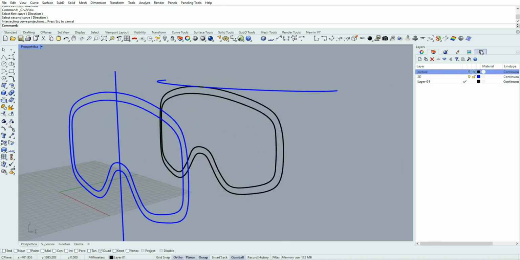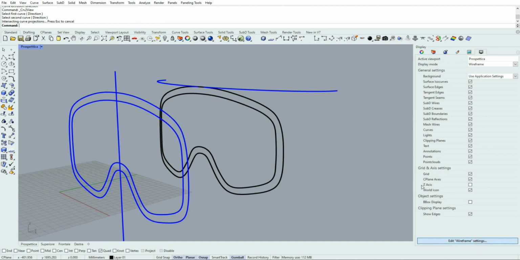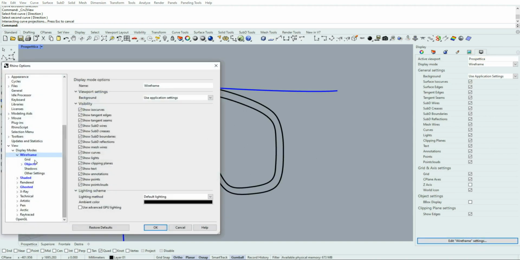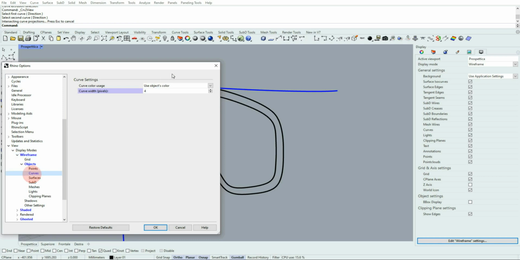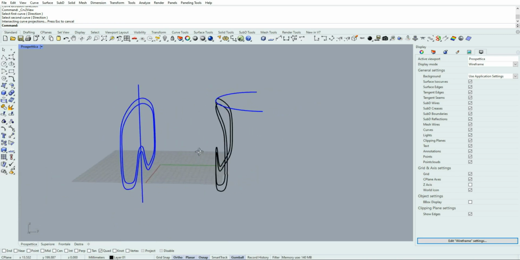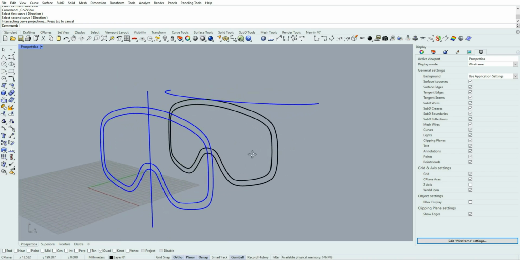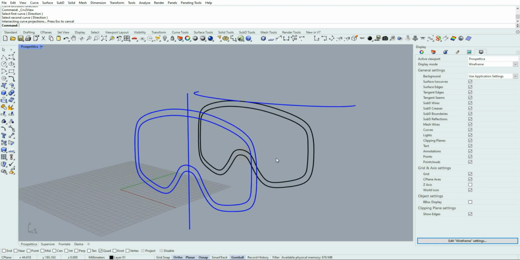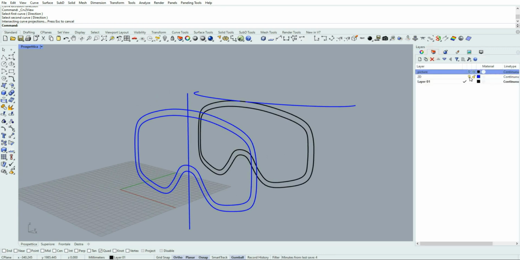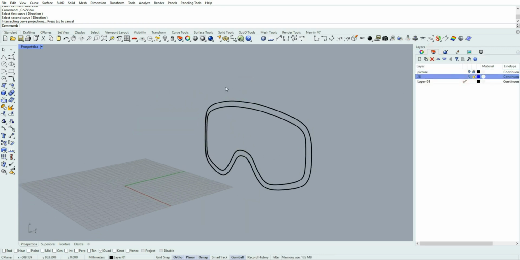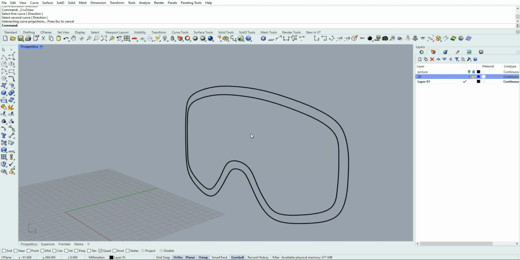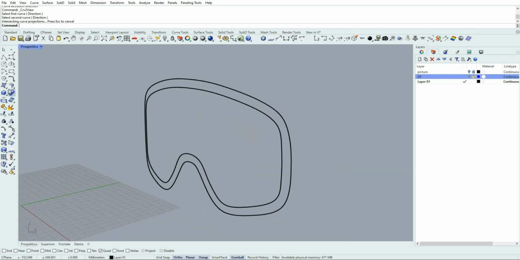Okay, as we did previously, we can change again the width of curves. In this case, I will reduce it because it's nicer to see. Okay, more comfortable, at least for me. Okay, we can hide 2D layer, the layer named 2D, and